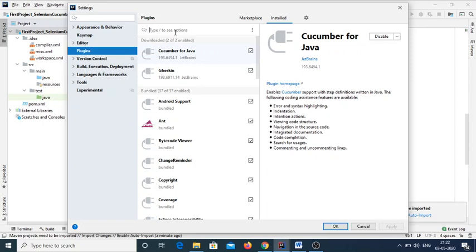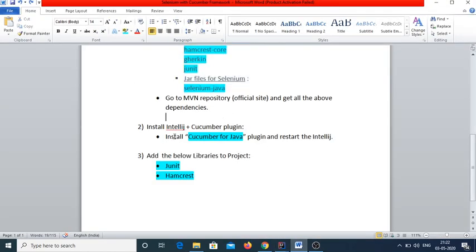Here we need to type Cucumber for Java, and it will give the result and ask for install. It is already shown in my installed tab because I have already installed it, so I will not install it again. Just click on the installed tab over here, and then restart IntelliJ. Then click on Apply and OK. It will restart. Yeah, so this is done.